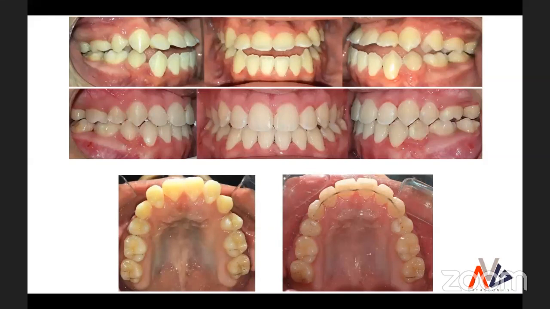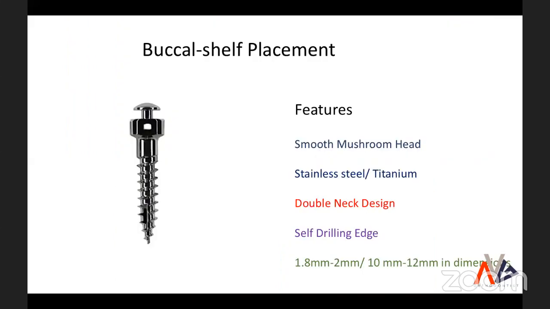Now let me touch upon some basic biomechanics when it comes to buccal shelf placement. What I tend to use is a smooth mushroom head. The reason I use a mushroom head is because it causes less inflammation of the gums. Stainless steel